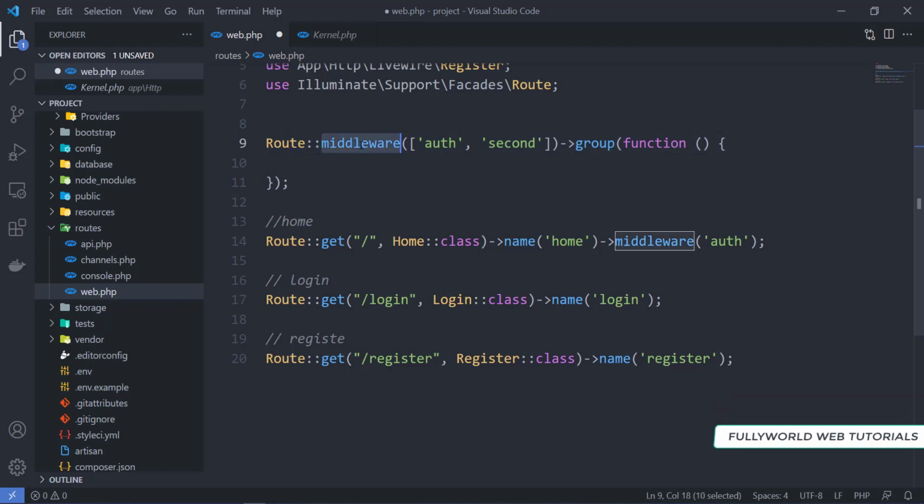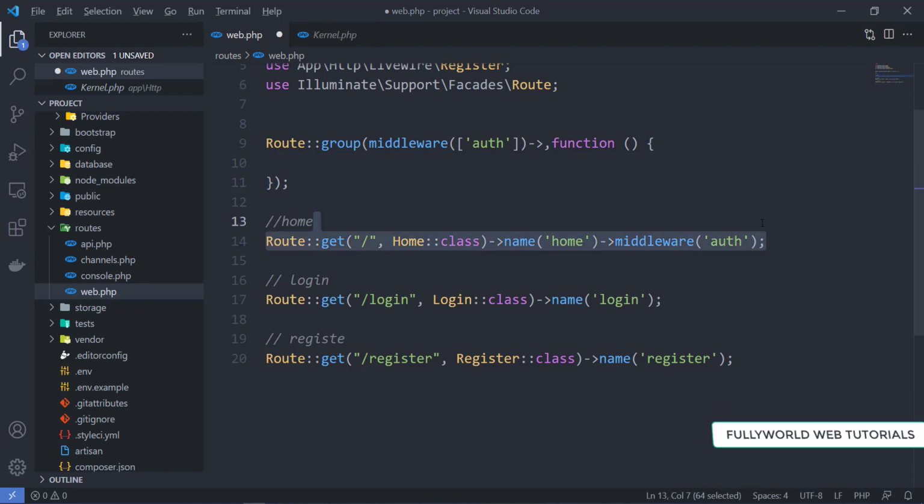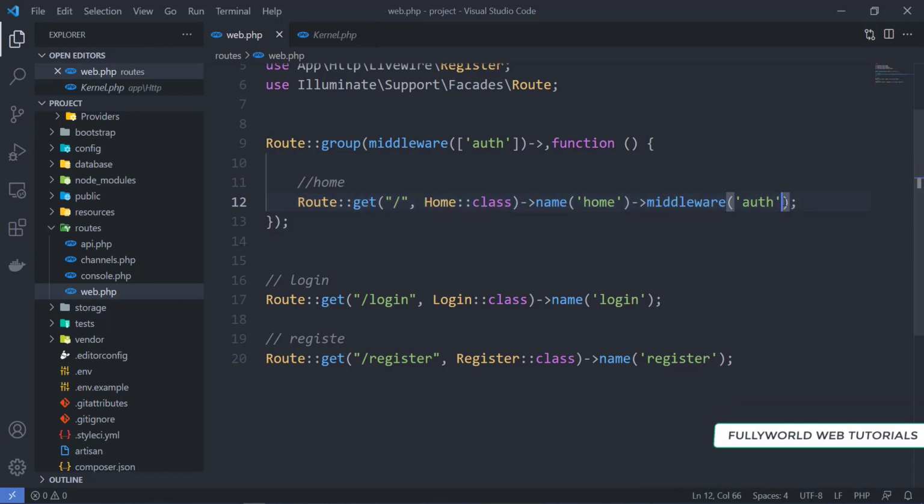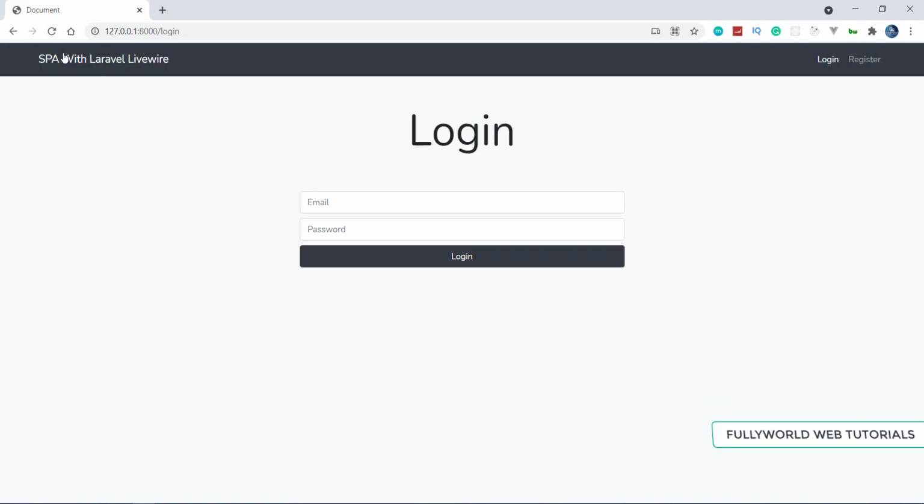You can first pass the middleware and then create the group, but I'm going to try a different thing. I'm going to remove this, and first create the group. Then we pass the middleware parameter, and only one middleware we are going to use, that is the auth middleware, along with the function. Now we pass our home route here, and we don't have to write the middleware on it anymore. Now I will refresh it again.